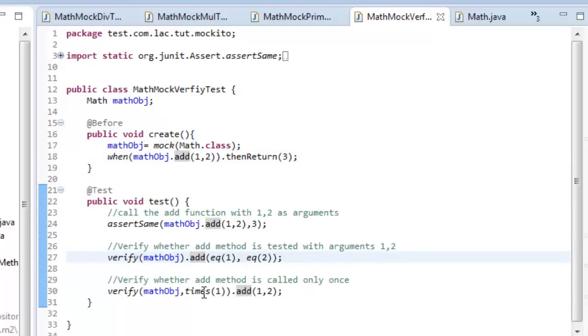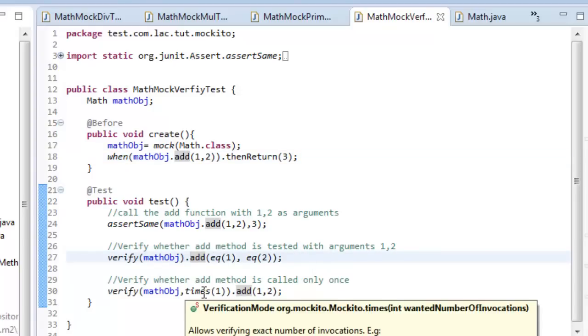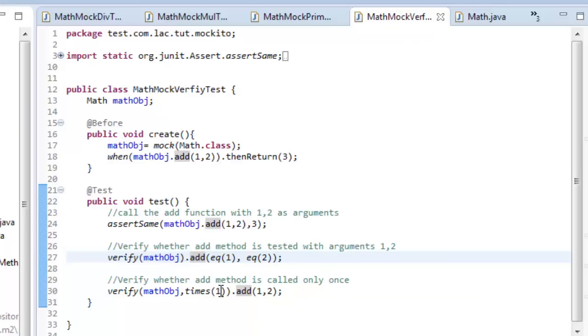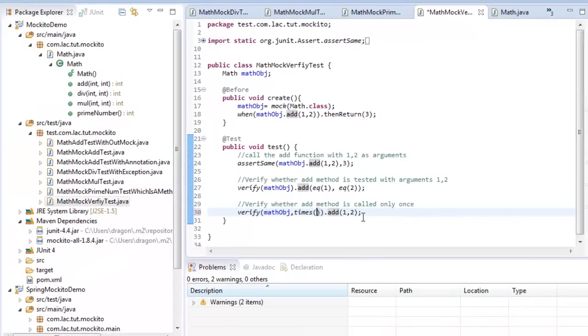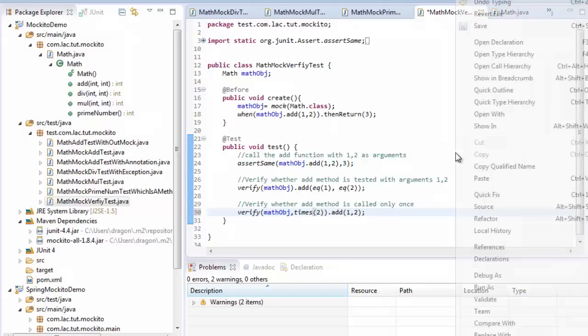And it has another feature also. It says how many times the add method is called. So here we want to make sure that the add method is called only once. So let me modify a little bit. Let me say that I want to make sure that this add method is called twice.